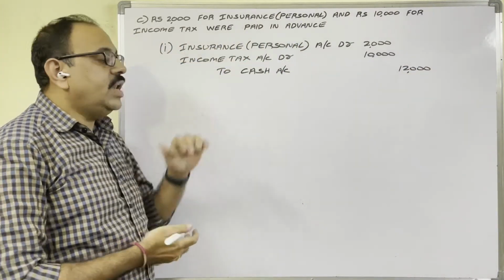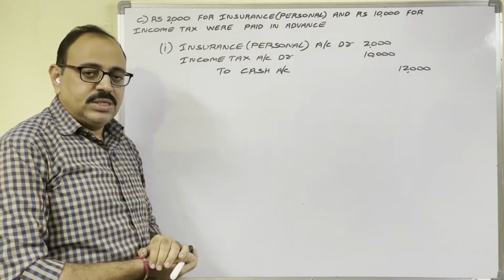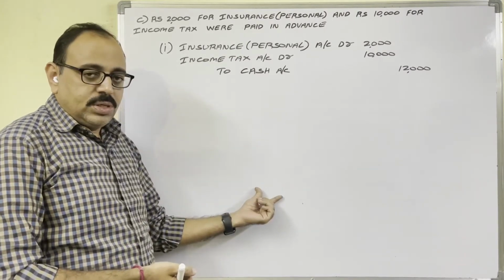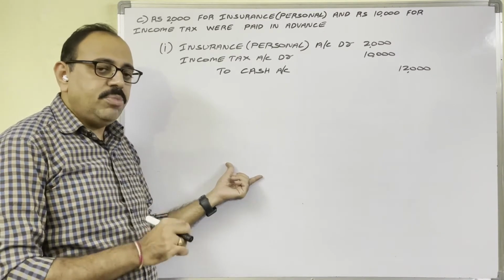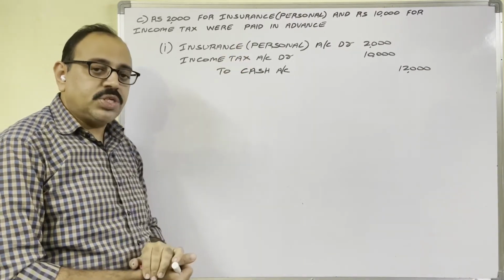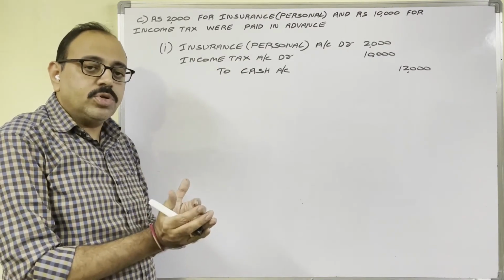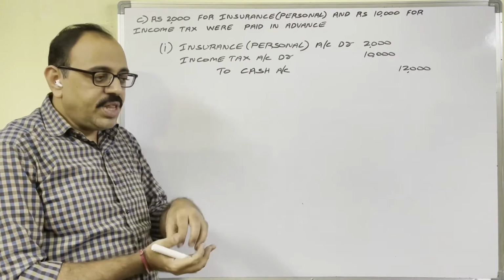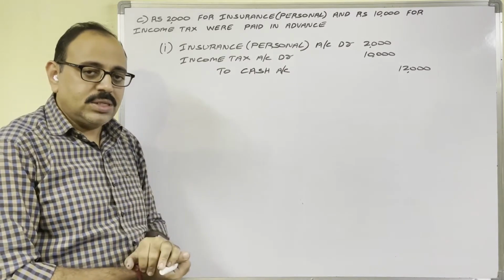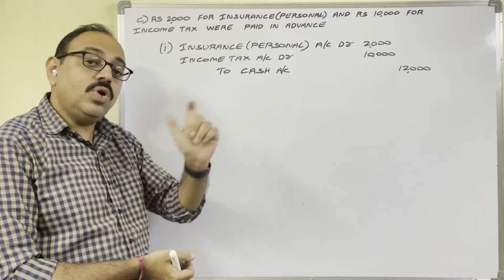If you write only one entry like this, it gives a meaning that these two are business related expenses. For example, salary is paid. Entry is salary account debtor to cash account. So here salary is debited. It gives a meaning that it is a business related expenditure. But these two are owner's personal expenses, no. Therefore, we should not debit like this. So we have to transfer these two amounts to drawings account. So from the firm, if owner withdraws some amount for personal use, it is known as drawings. So these two accounts we have to close by transferring their balances to drawings account.